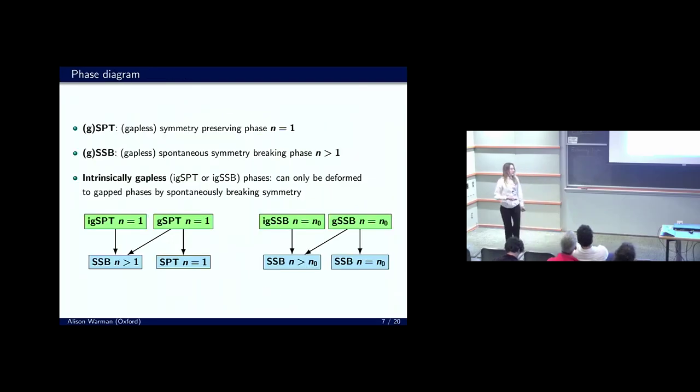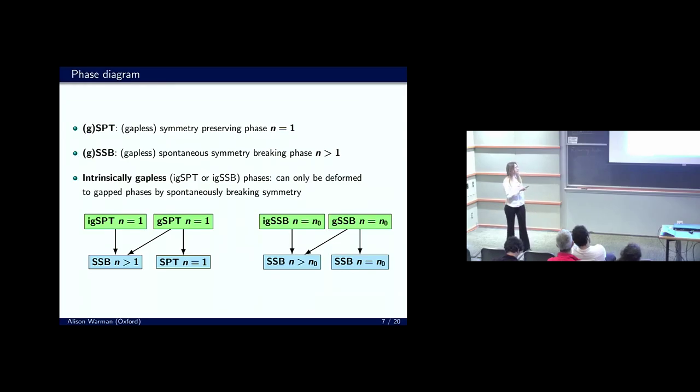Once we have all these condensable algebras, we can arrange them into a phase diagram determined by inclusion of algebras, which physically corresponds to possible deformations of these. At the lowest level, we have the gapped phases, while at higher level, the gapless ones. And from here, we can read off which phases are intrinsically gapless, i.e. phases whose gaplessness is protected by the symmetry. These are phases which exhibit some symmetry properties which protect their gaplessness, because they can only be deformed by spontaneously breaking some symmetry.